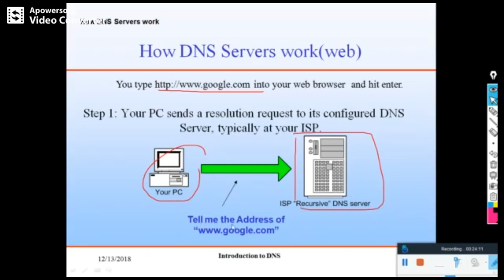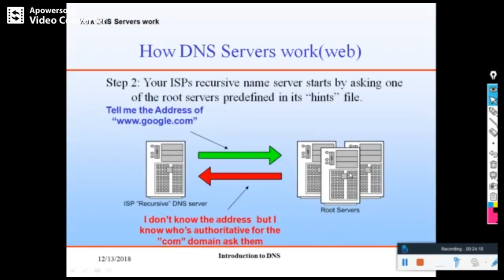It is something like, tell me the address of www.google.com. If the ISP doesn't know, the ISP's recursive name server starts by asking one of the root servers. The root server says, I don't know the address, but I know who is the authority for the com domain.